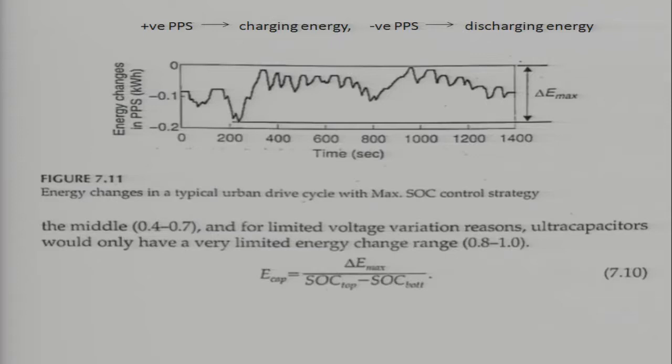For example, there are only three major parts of the block diagram, which are the engine or generator, then PPS, and then the motor drive. These three parts are the major parts. How the sizing of these major parts can be done, that we have seen. Plus we have seen different control strategies for the series hybrid drivetrain. One control strategy is maximum PPS or SOC. The second control strategy is thermostat control or on-off control of the engine. So these are all parameters we have seen, along with some equations which decide the rating of different components and the equations which decide the size of the different components.